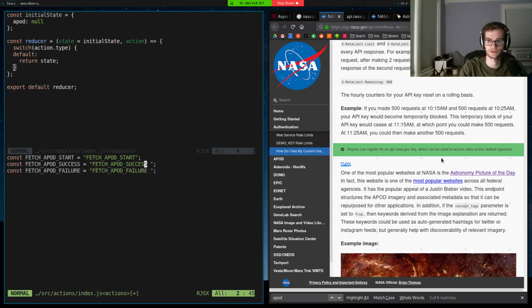And I have an extra bit of white space in here. Great. So now I can declare my action function, which I'm going to call getApod. And this needs to be equal to my arrow function. So I have my getApod function, and normally what we would do is we would return type, fetch start, or whatever,